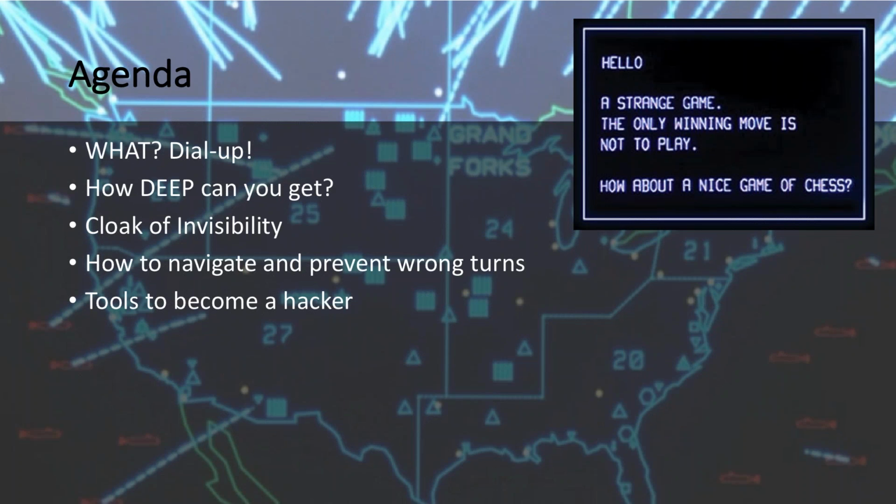Today's agenda, we're going to take you back. Yep, back into the 80s and 90s where kind of the hacking mentality started. If you've ever seen some of the Steve Jobs documentaries and things like that, or learned about Steve Wozniak, a lot of those really started building the whole computer infrastructure back in the early 80s, and it started through hacking.